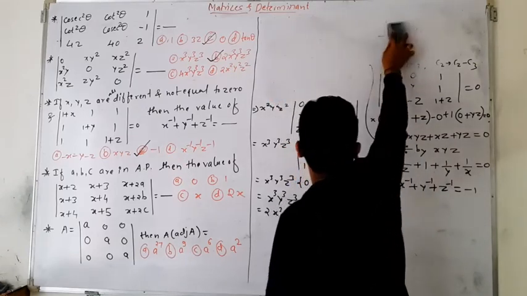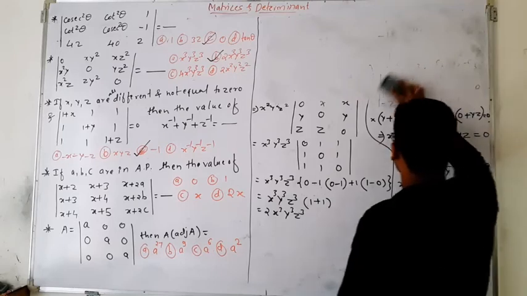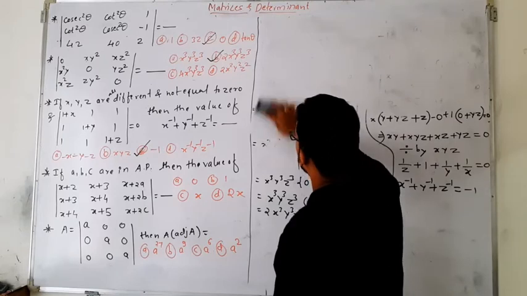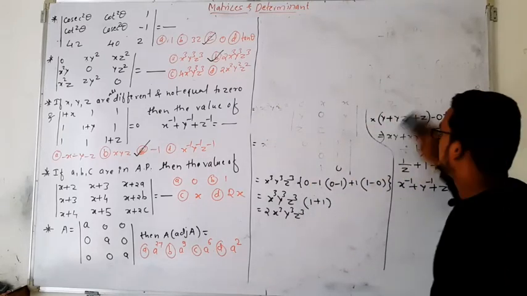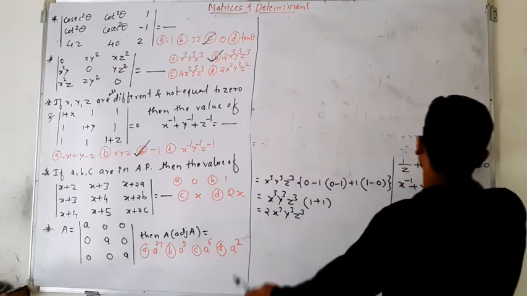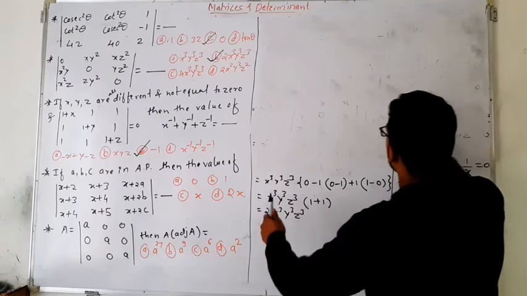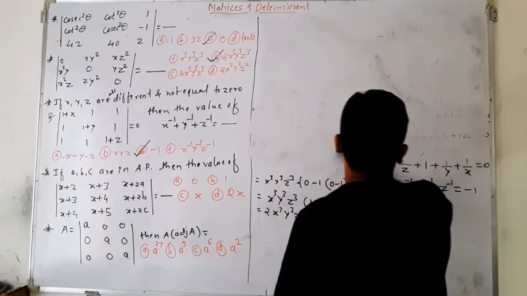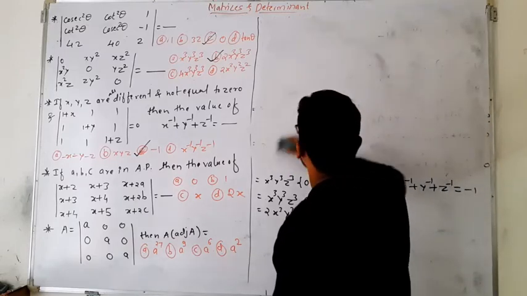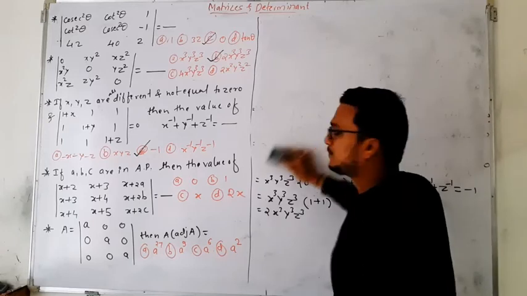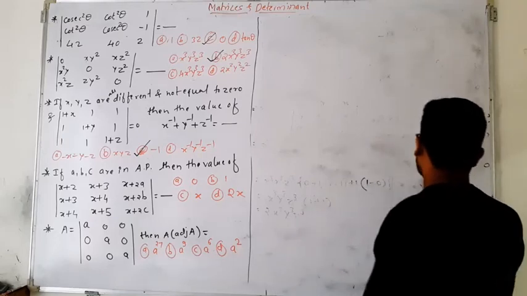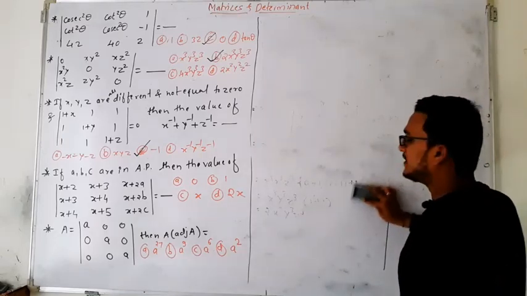Okay. And you might know the arithmetic progression formula to find the nth term, that is a plus n minus 1 into d. In that expression, a is the first term, d is the common difference, and n is the number of terms. Here we don't need the complete nth term formula. When we have three terms in AP, suppose you want to verify that those three terms are in arithmetic progression, how do we decide? By just seeing the common difference, that is d.